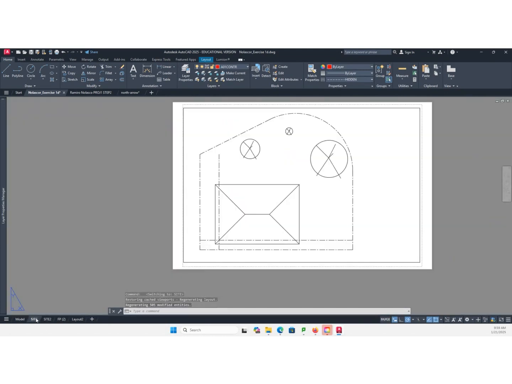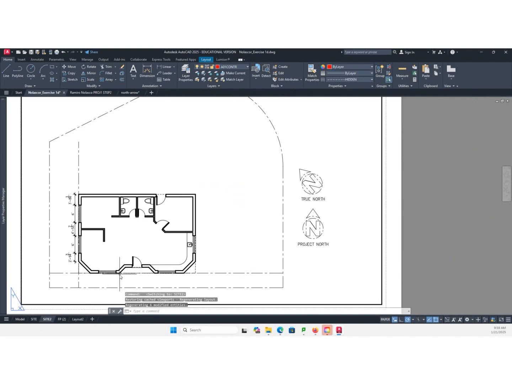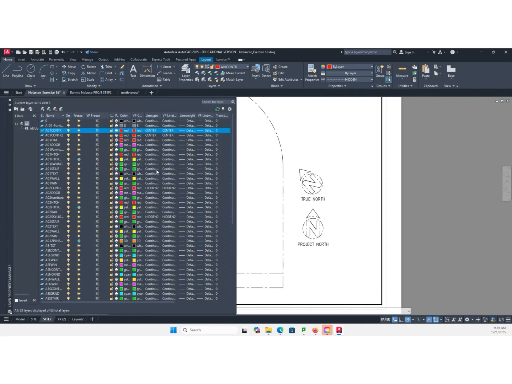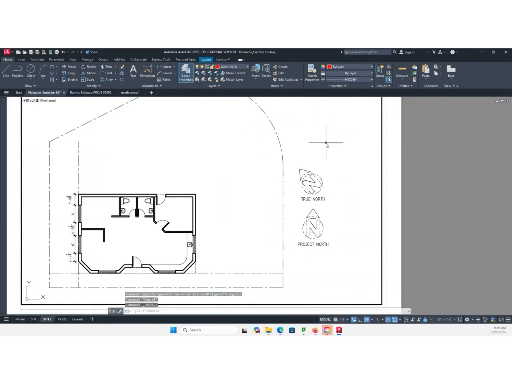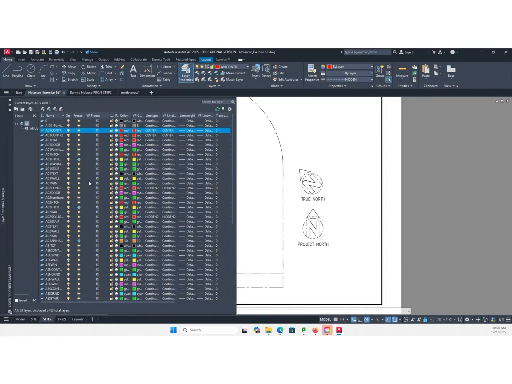Now, we've traced that line. From here, we're going to go to our layer command. LA is the shortcut for that. And we're going to freeze in this viewport only. So we're going to go to the viewport. Okay. Go inside and type LA, and we're going to BP freeze.